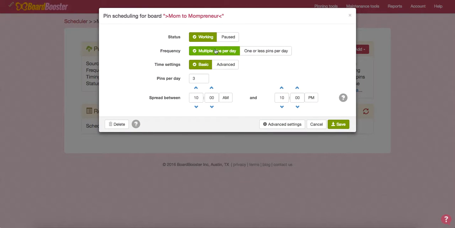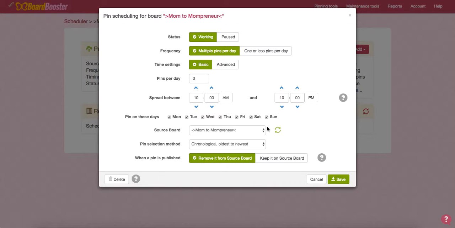So click on that gear. All this stuff is the settings that you already configured, but I want you to click on Advanced Settings and follow my lead here. Now pin selection method, oldest to newest means that Board Booster will pull the oldest pins from your board and pin in chronological order. I like to pin newest to oldest, and the reason why I do that is because